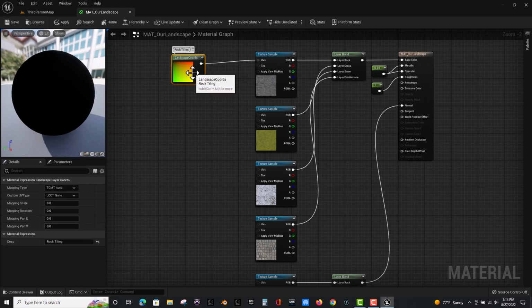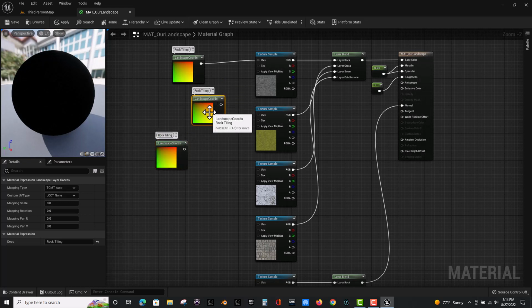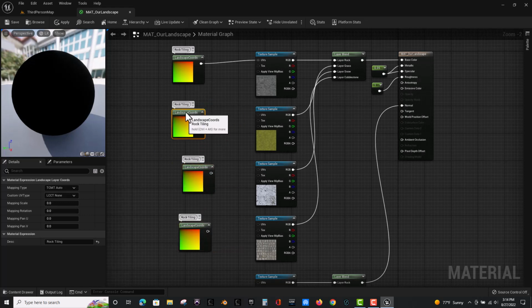And I'm going to need more of these, so I can duplicate this. Okay, one for each texture. This one will be grass tiling. This one will be snow tiling. And this one will be cobblestone tiling. Like that. Each one of these is going to go into the UVs of its corresponding texture,